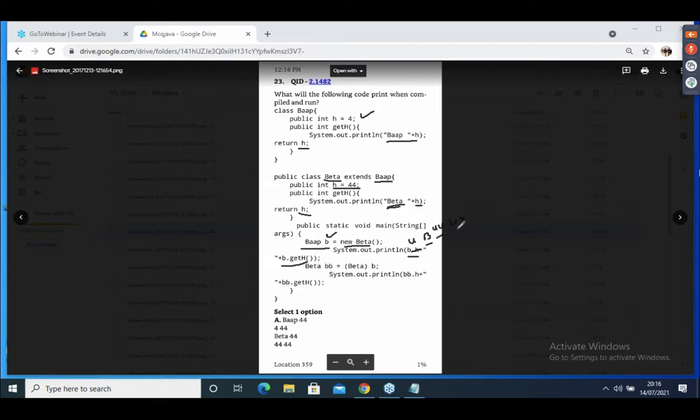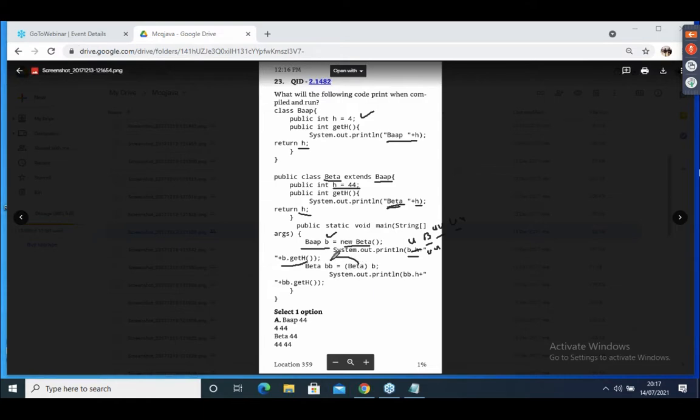Okay, Beta 44, 44. In the next line it prints 44. It prints 4 Beta 44. Whatever it is, that is it. Then the code will print b.